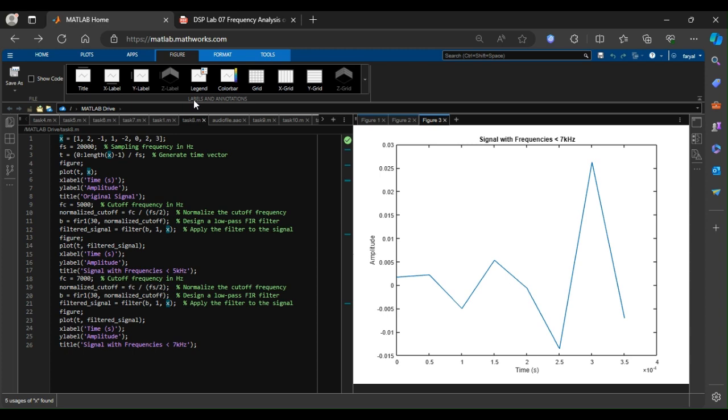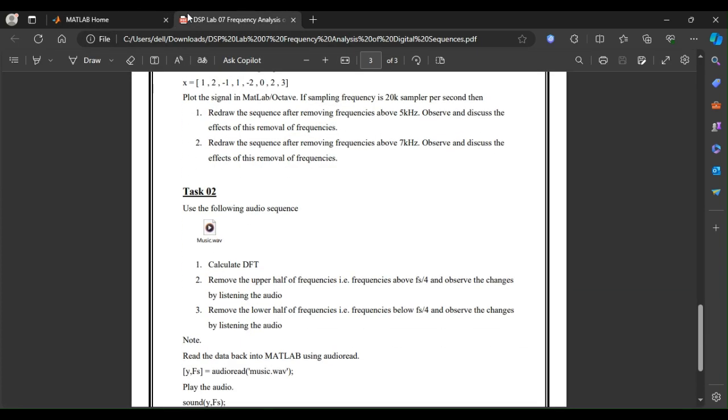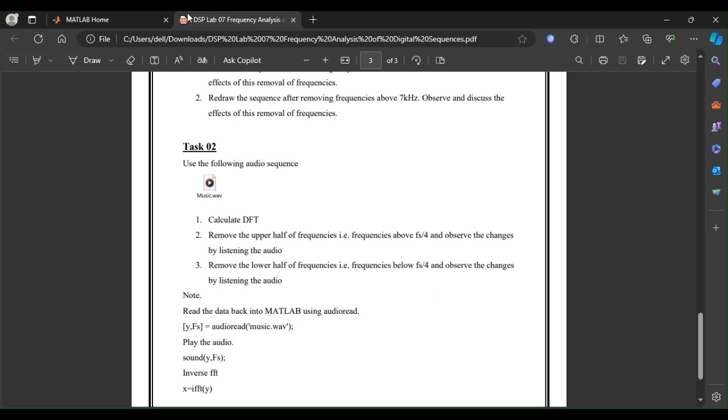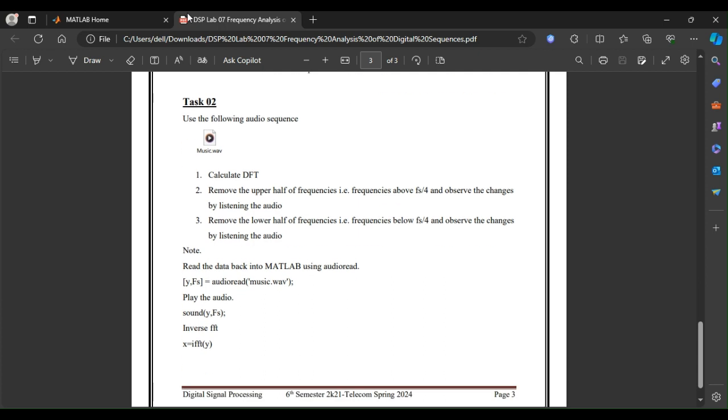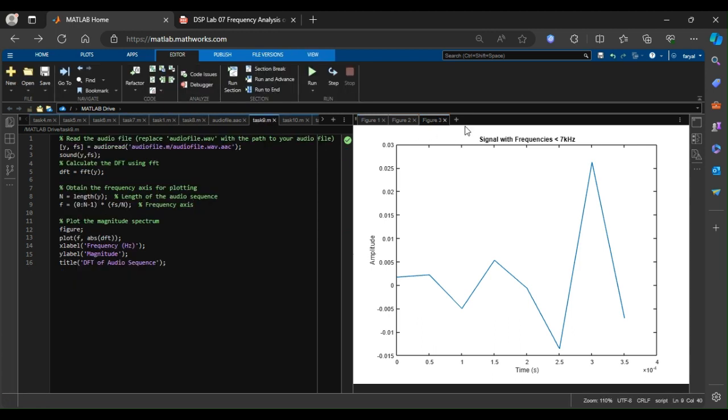than 7 kilohertz. Moving toward task 2 of today's lab, that is, use the following audio signal, calculate the DFT, remove the upper half of frequencies and then remove the lower half of frequencies, and observe the change by listening to the audio. The output to this task is